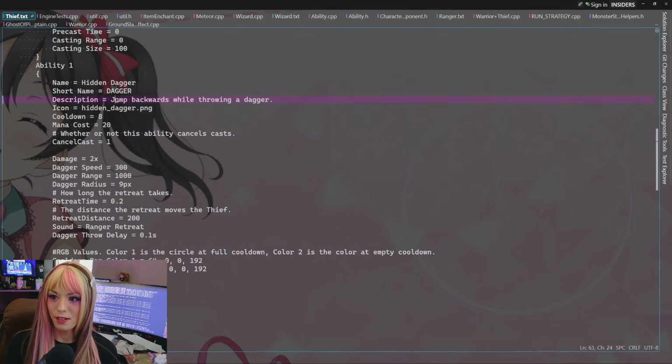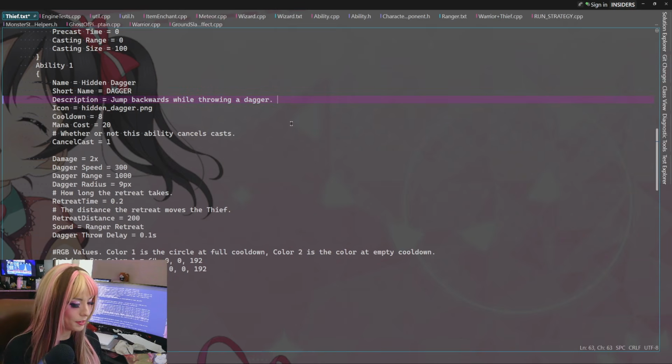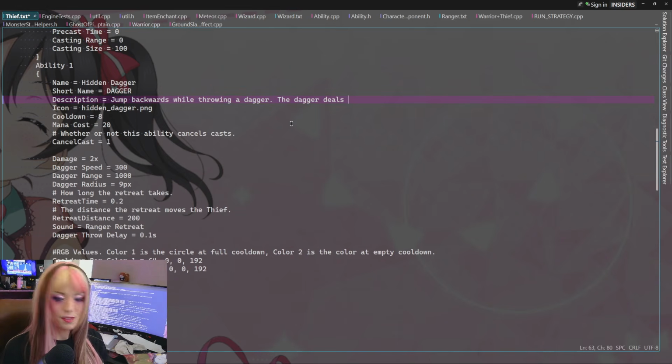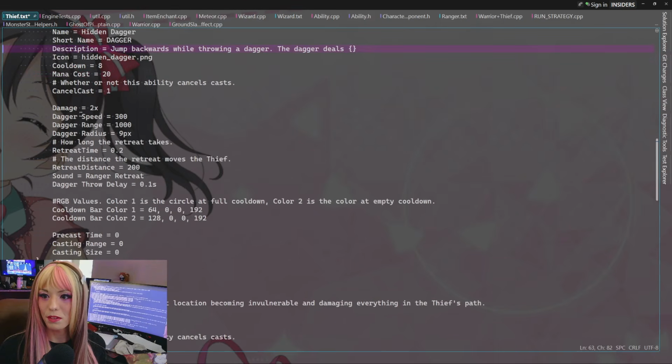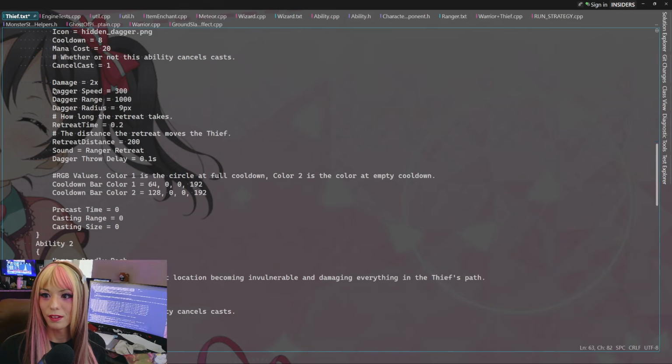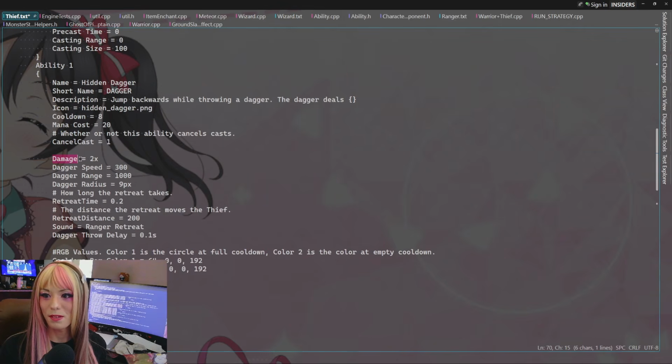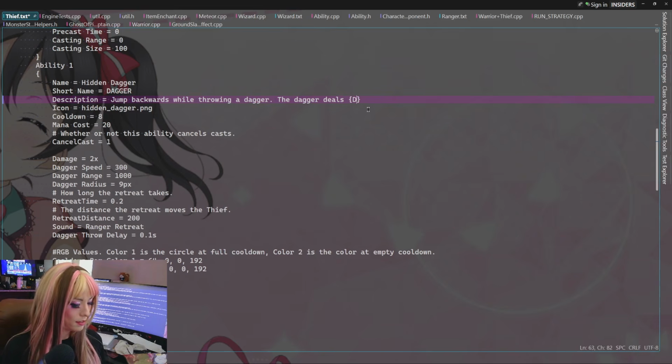So this one, hidden dagger, jump backwards while throwing a dagger. We can say the dagger deals some amount of damage, right? Again, we probably have a damage multiplier in here somewhere. Okay, it literally is damage right here. So we just say damage mult colon